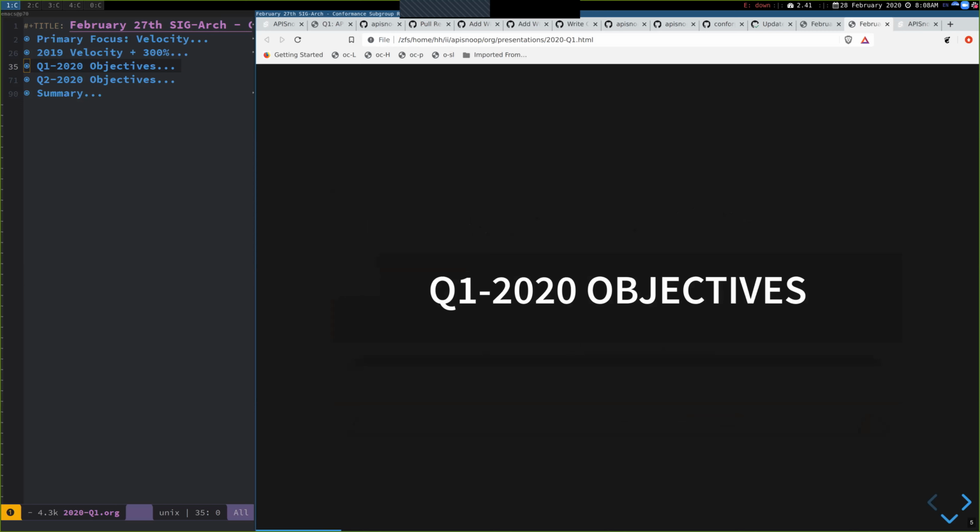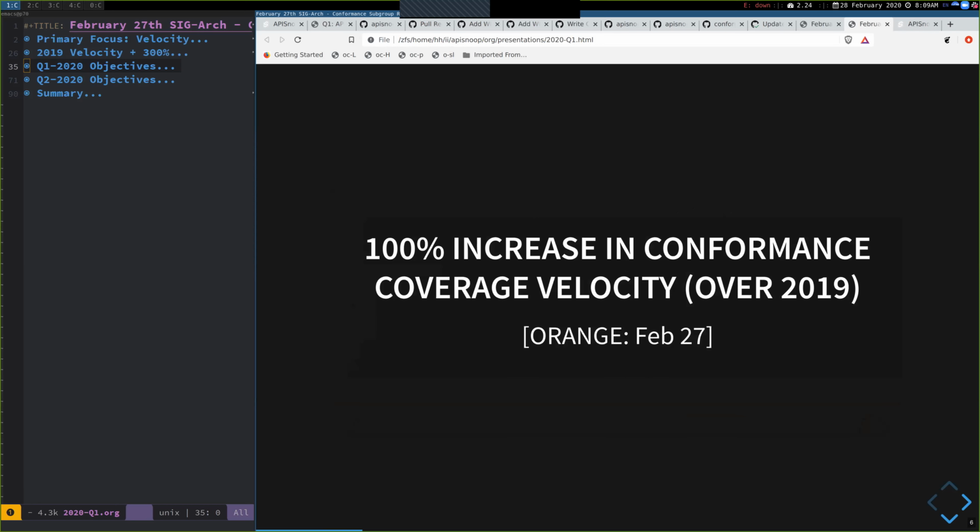I'm learning a bit about objectives and key results. I know there are a few companies that use that and a few cultures, so I figured it might be easy just to say what our Q1 objectives were, at least generally for the conformance subgroup. And I think I'm feeling pretty orange about it as of yesterday. So I'm not fully green, but that's okay. It's time to stretch.